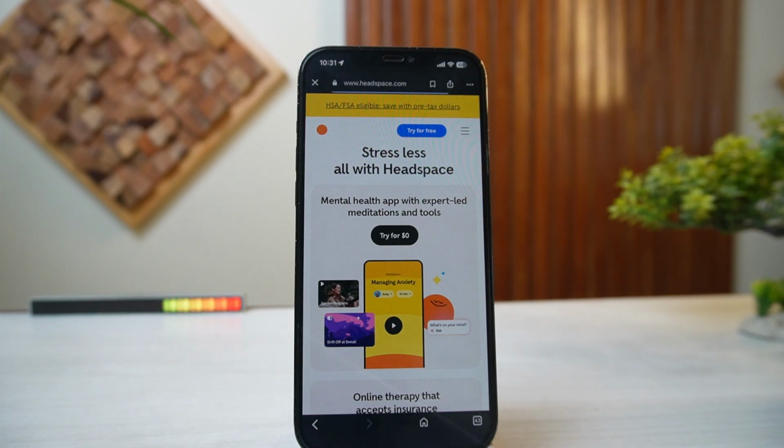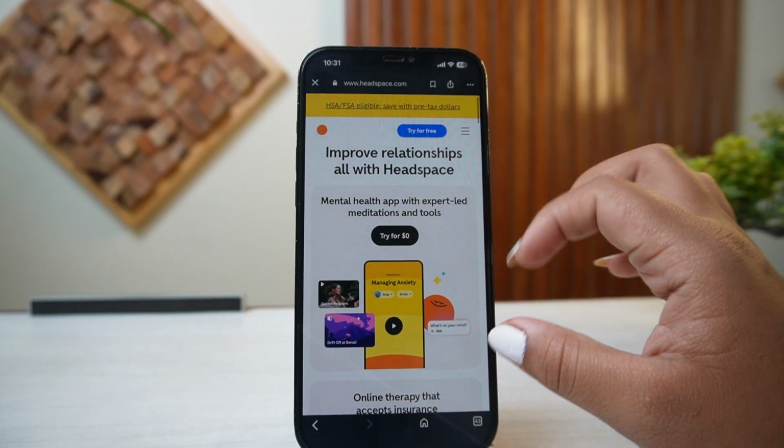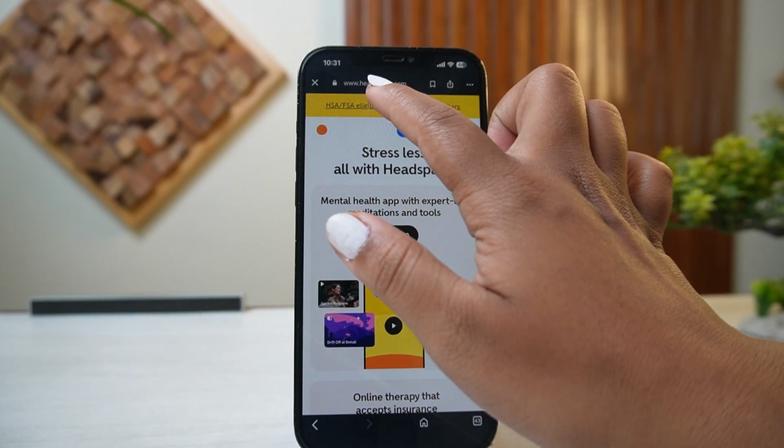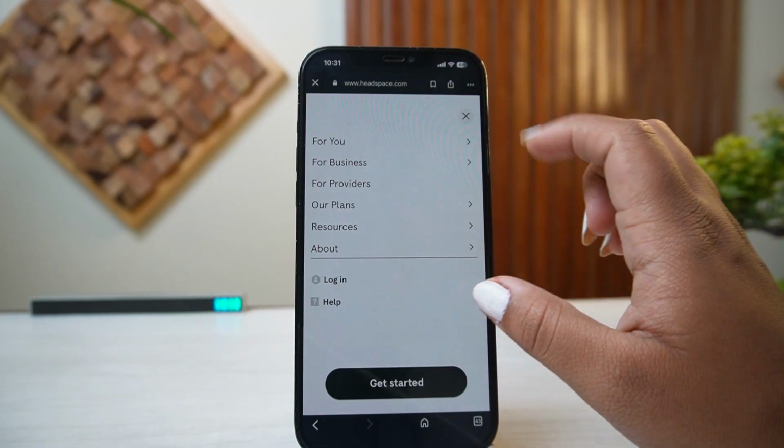How to log into your Headspace account step by step. Here, the very first thing you want to do is simply get the application from your Google Play or your App Store, or you can simply get into headspace.com. You'll get into this page where you can simply tap on the menu bar on the top right where you